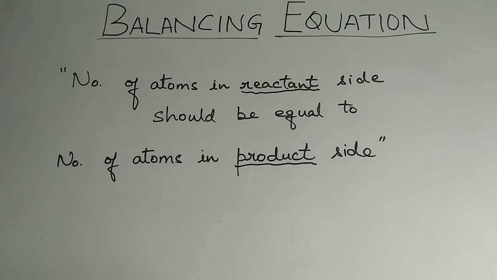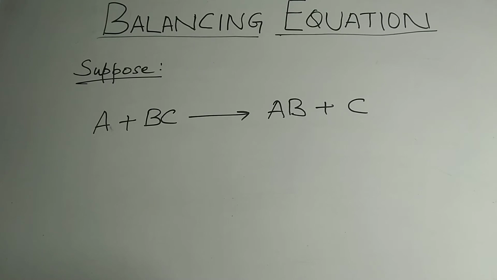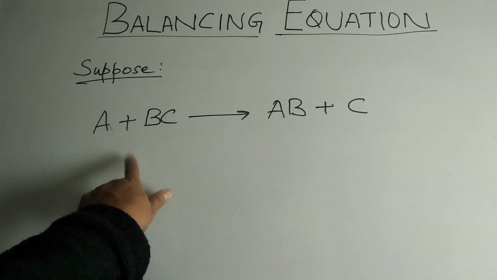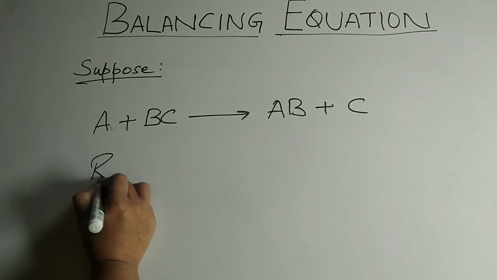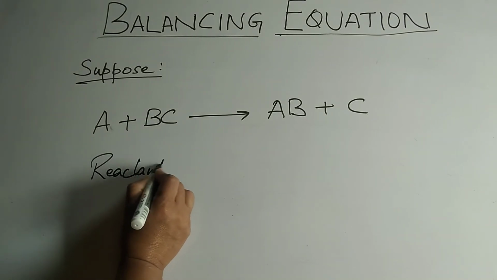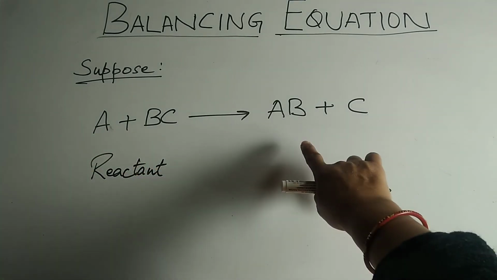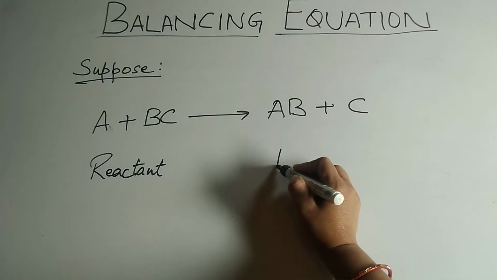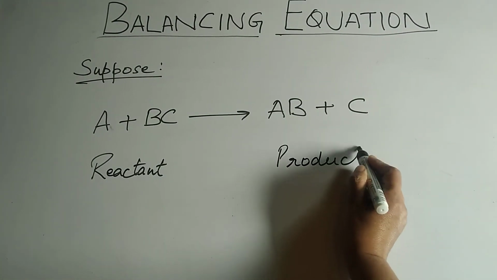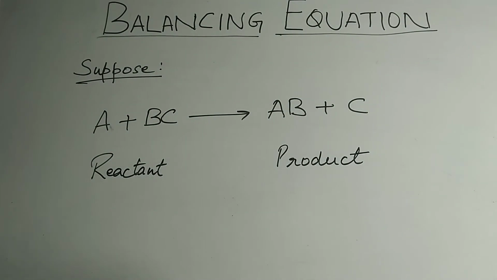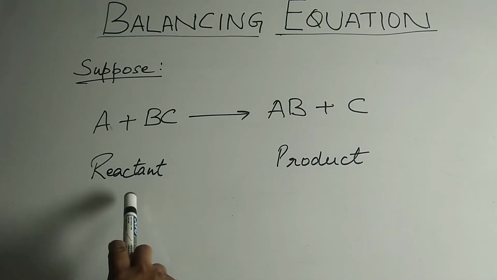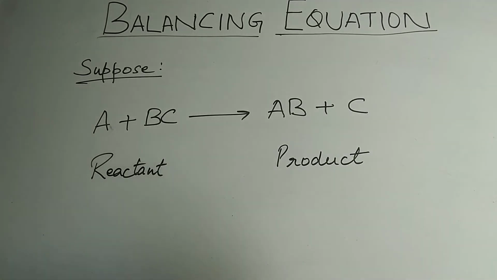Now let's discuss what is the reactant and what is the product. Let's suppose this equation A plus BC is giving us AB plus C, right? The chemical substances on this side of the equation are known as the reactants. So these are reactants, both of them are reacting together. This one and this are reacting together, and this is being formed after the reaction has taken place. So this is what is known as the product. Two things that combine together, or more than two things that combine together, are the reactants, and what we get is known as the product.